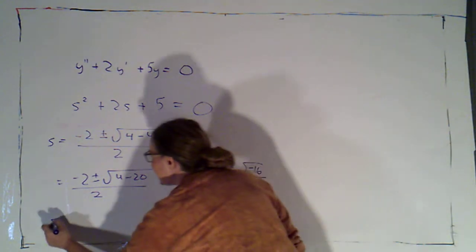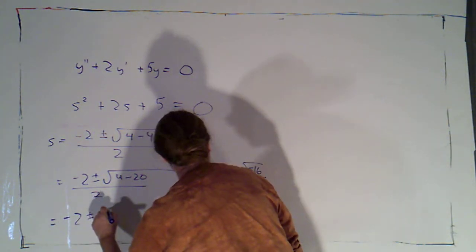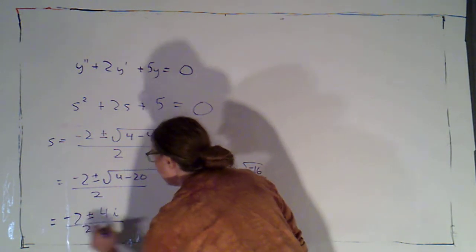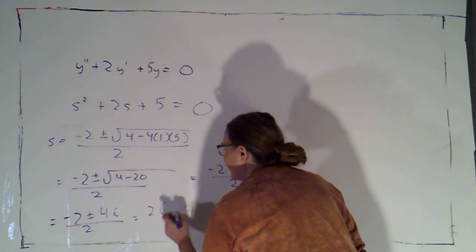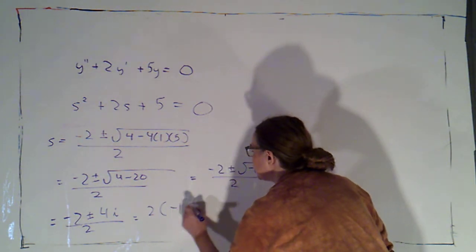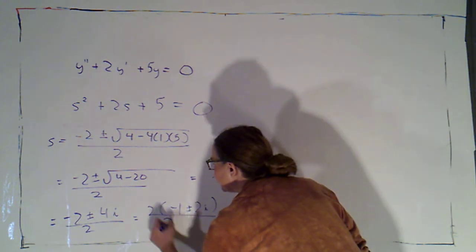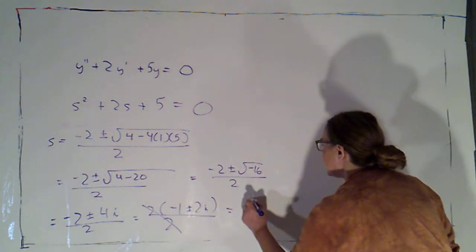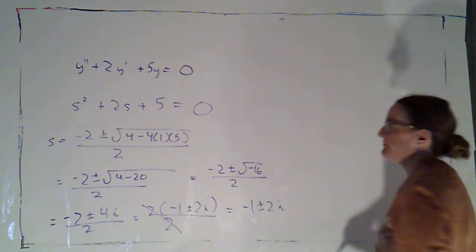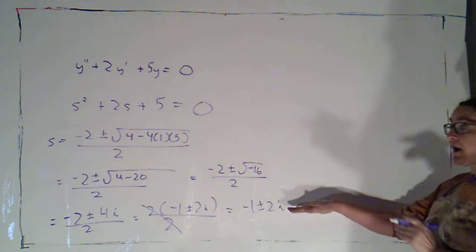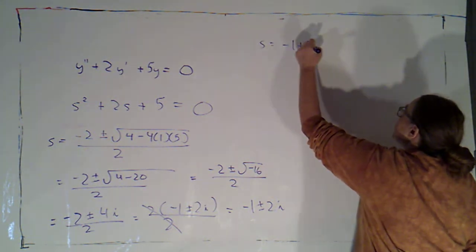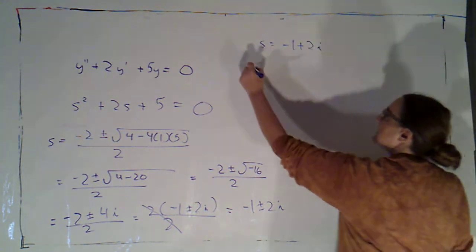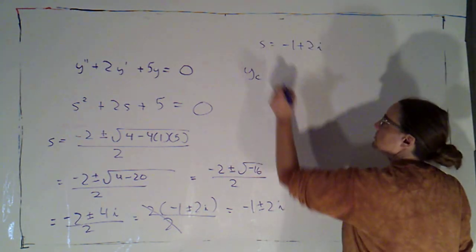That is negative 2 plus or minus 4i over 2. If I factor out a 2 on top, that's 2 times negative 1 plus or minus 2i all over 2, and I can cancel. And so I get negative 1 plus or minus 2i. Okay. So I'm going to pick one of those roots. I'm going to pick s equals negative 1 plus 2i,